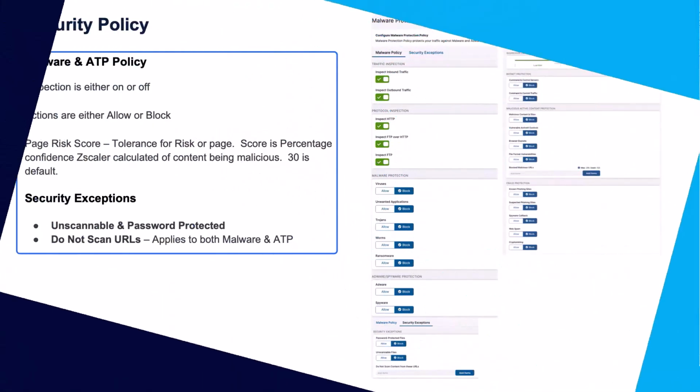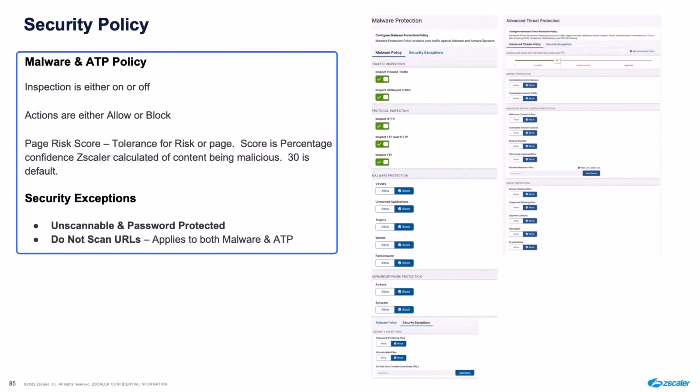Security policy is absolute. So for every transaction, we want to apply the security policy. So we're going to inspect all the inbound and outbound traffic. We're going to inspect HTTP, FTP over HTTP, native FTP, apply all of the malware protection rules. But you may want to make decisions to not scan certain URLs or URIs. Now, when you make a decision not to scan traffic, it excludes it from both the malware protection and the